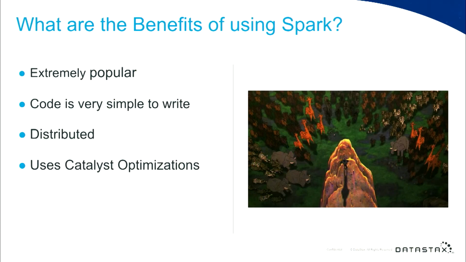So what are the benefits of using Spark for ETL? One is that it is extremely popular. Like I said, there are basically connectors, data sources for almost any database or streaming service or file format that you want to work with. So you can take all of those different sources of data and combine them together and do analytics or whatever you like to do on them and move them between each other with a minimal amount of code. Like I showed you, the code is pretty simple, and switching between sources really just means switching the named connectors.